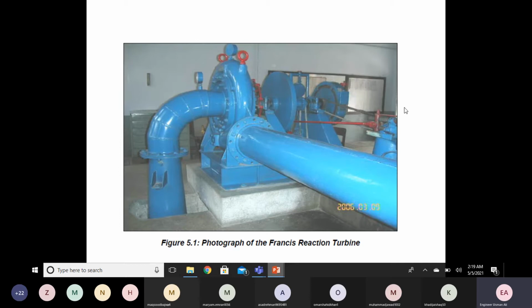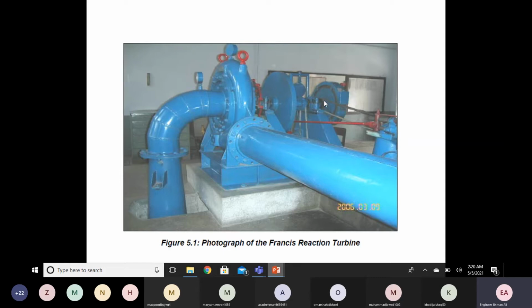But in the field, instead of a handle, we have the governor to automatically do this work. And this guide mechanism is attached on one side with the gates of the movable guide blades, and on the other side it is attached with the shaft of the turbine. So when the speed of the turbine is to be changed, this signal goes to this, and we have to operate this handle to accordingly change the flow rate in the runner by changing the movement of the movable guide blades and accordingly keeping the speed of the turbine constant.